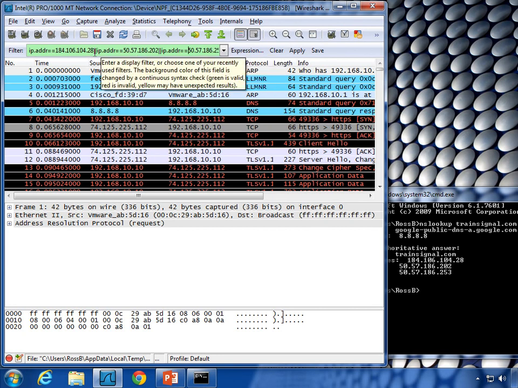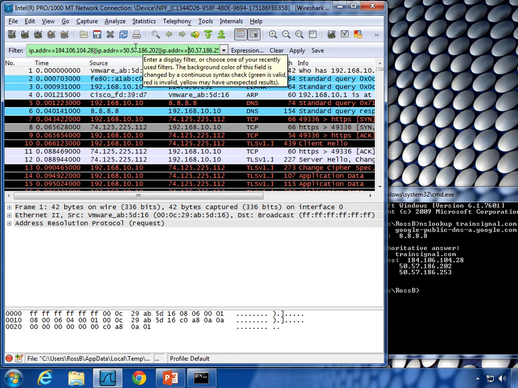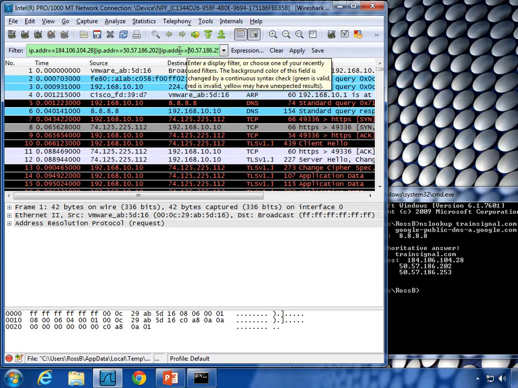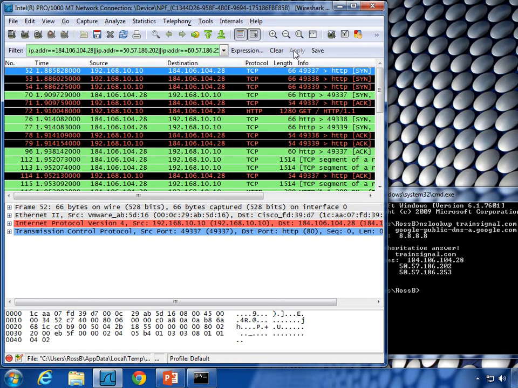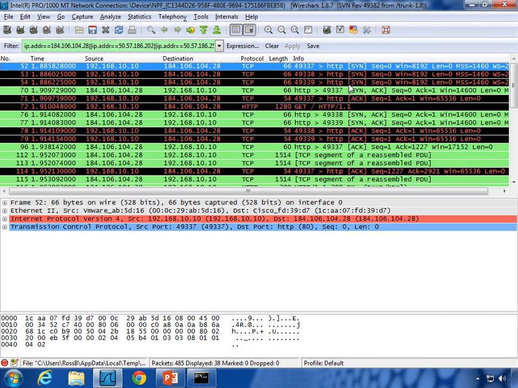And that OR statement here is saying look for the 184.106.104.28 IP address or the 50.57.186.202 IP address or the .253 address over here. So one of these 3 it will filter on. And it looks like when we connected to the 184.106.104.128 IP address. So let's take a look at what we can glean from this and see how the transaction